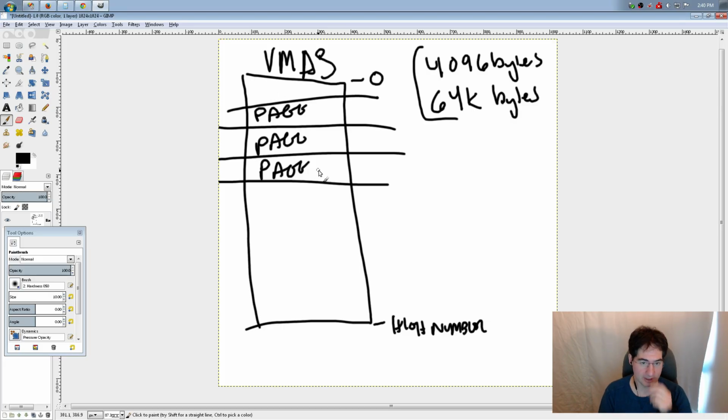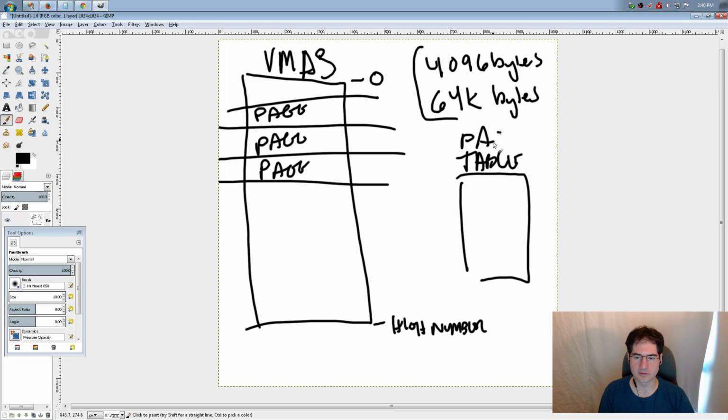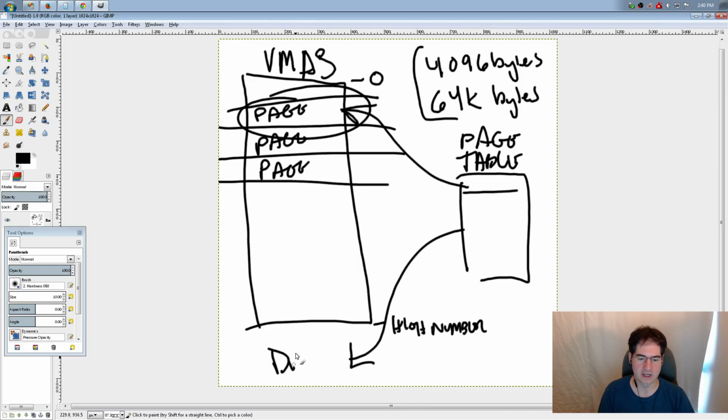So the virtual memory address space is divided up into pages, and there's basically a table in the operating system that is usually called a page table. I don't really know what they call it in Windows, but there's usually a table, and that table records what's going on with these pages. It's like, okay, this page is actually stored on disk somewhere because we paged it out. So it's not actually in memory. There's no physical memory backing it. But this page right here is in physical memory, over here in the actual memory of the machine.